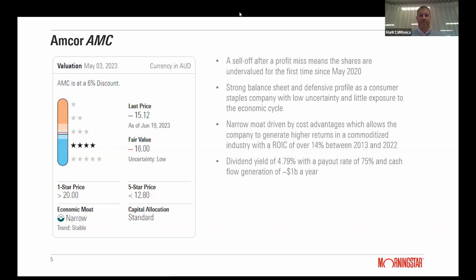A payout rate of 75%, well, certainly not unheard of. It's kind of what we get in Australia, 75% and up with most companies, meaning 75% of profits are paid out in dividends. In general, the payout rate in the US market, for example, is much lower. So what that means is if you pay out less in earnings, you have more cash to put other places. One of those places could be investing in the company. And that's why we've seen faster dividend growth in the US versus Australia.